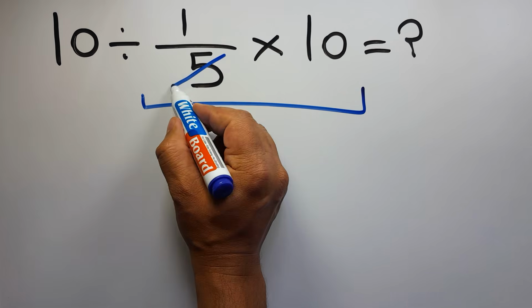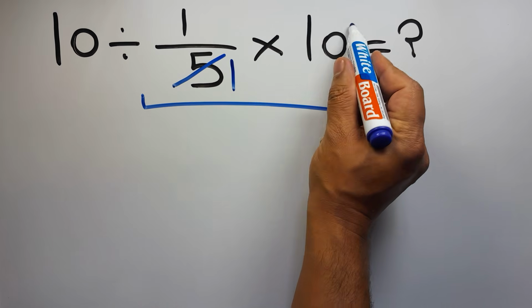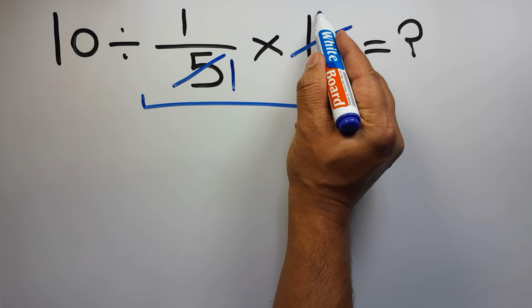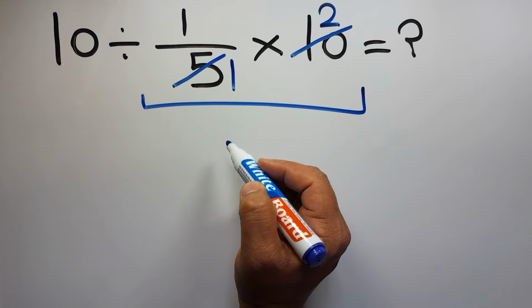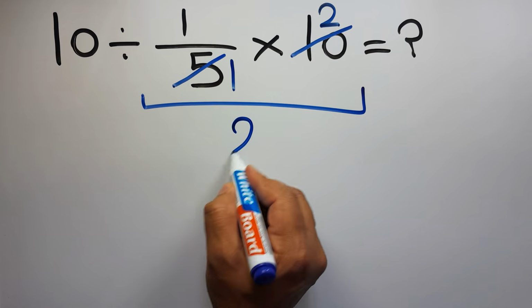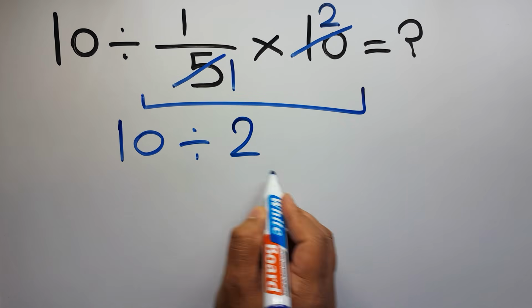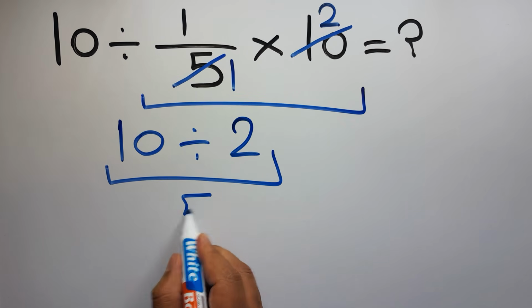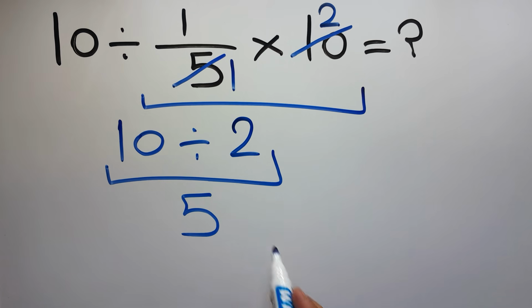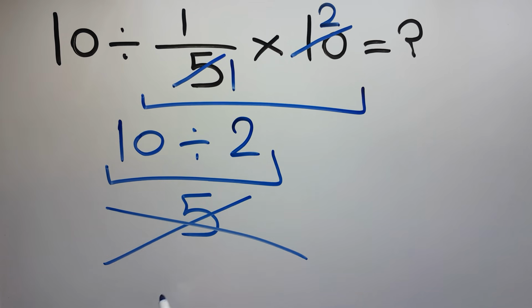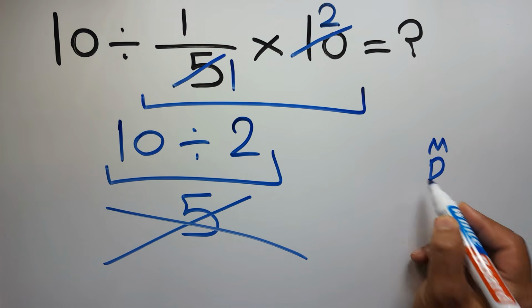5 divided by 5 gives us 1 and 10 divided by 5 equals 2. So here we have just 2. And 10 divided by 2 equals 5. But this answer is not correct because according to the order of operations, multiplication and division have equal